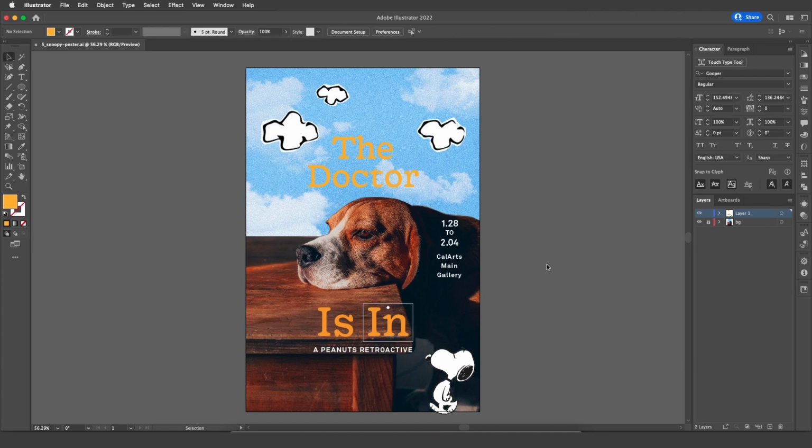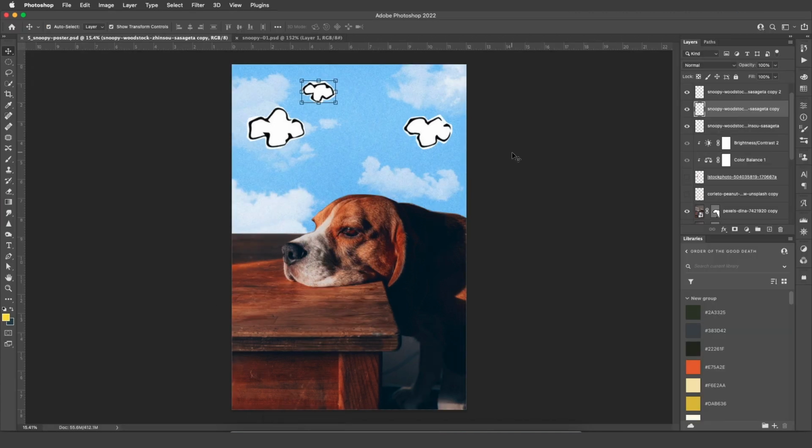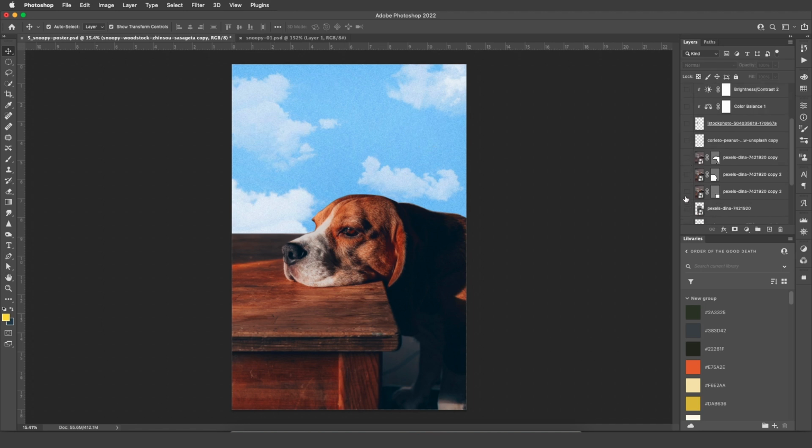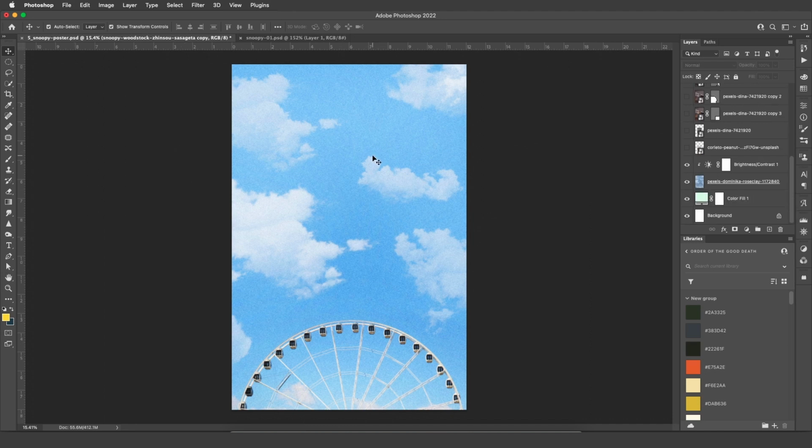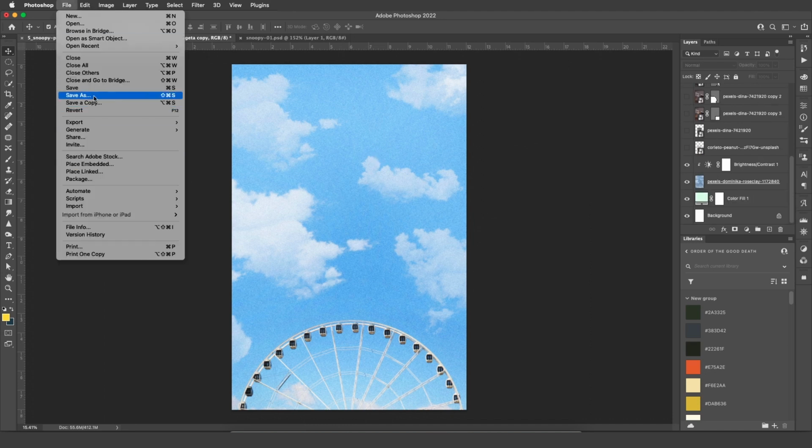So generally I like where this poster is, but there is one move that I want to make that will require me rearranging my Photoshop file. So what I'm going to do is go into Photoshop. I am going to turn off all the layers except for the sky. And it's totally fine that the Ferris wheel is here. It's not going to change anything for us. I'm going to hit File, Save As,